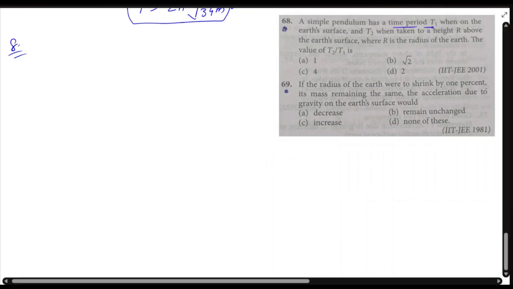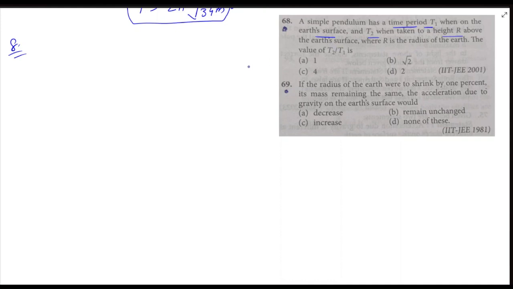So we have a simple pendulum of time period T1 on the Earth's surface, and T2 when it is taken to a height R above the Earth's surface. Okay, so we know the time period on the Earth will be 2 pi root L by g, right? So it is T1 and this is g. If it is taken to a height R, then